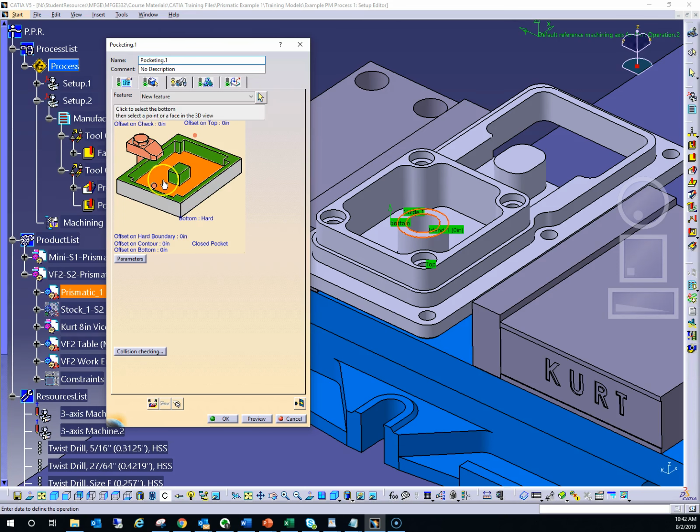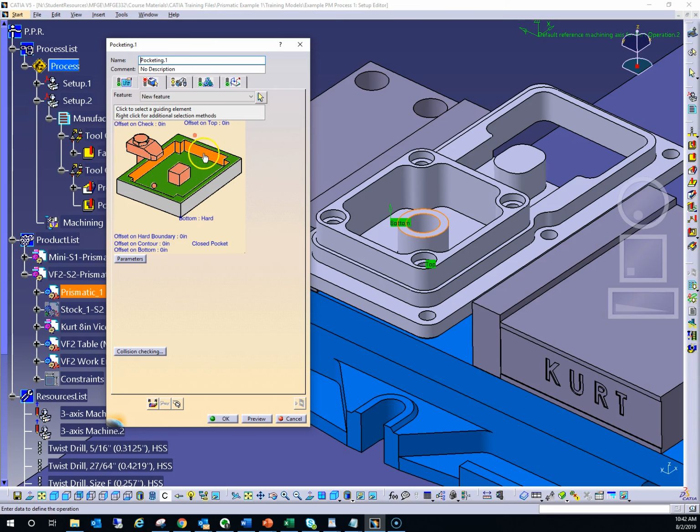And as before, notice that CATIA automatically picks the boundaries of that surface to define the guide or the limiting walls of the pocket. And because there was also an inner boundary, it selected that as an island. Now, neither of those are correct selections. So what we're going to do is right-click, remove all contours, and we're also going to right-click, remove all islands. For this top pocket, there aren't any islands, so we don't even have to worry about this. Okay, let's go ahead and select the